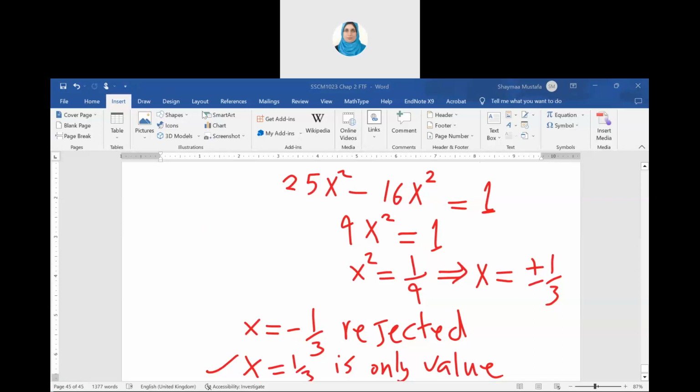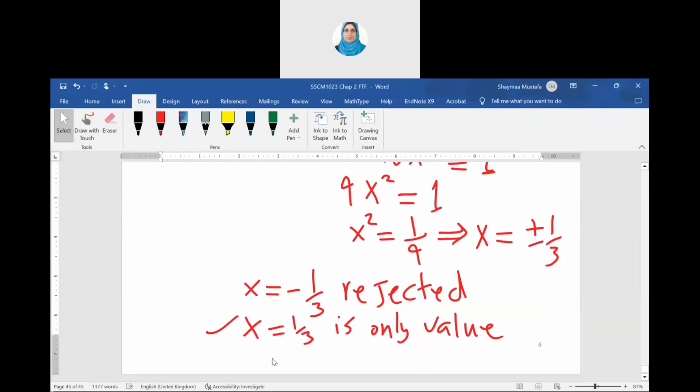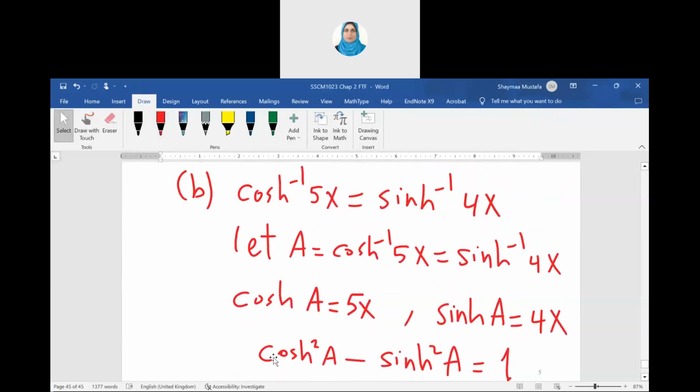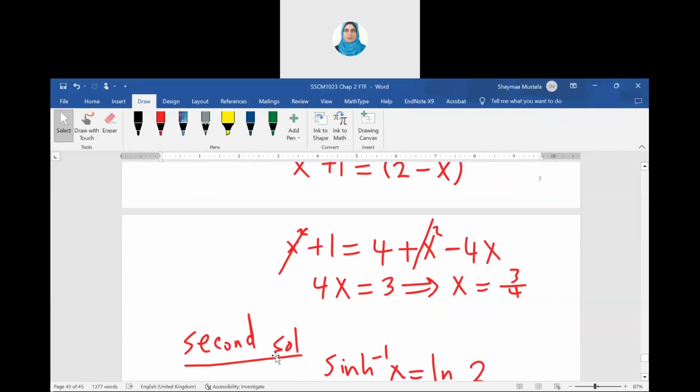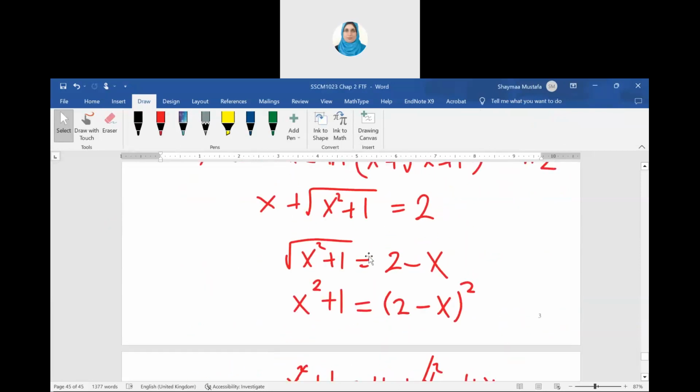Any question? Because with this example, we end chapter 2. This is the last example on chapter 2. So if you don't have any question,